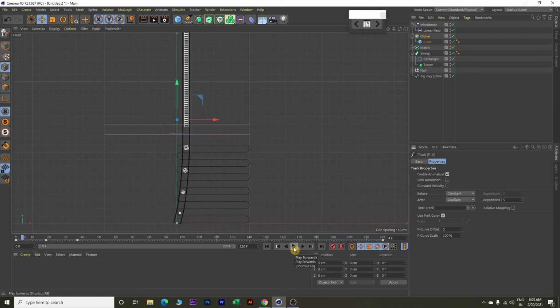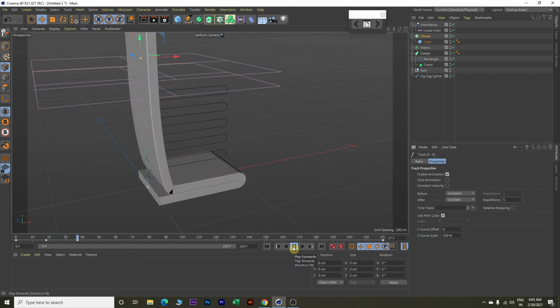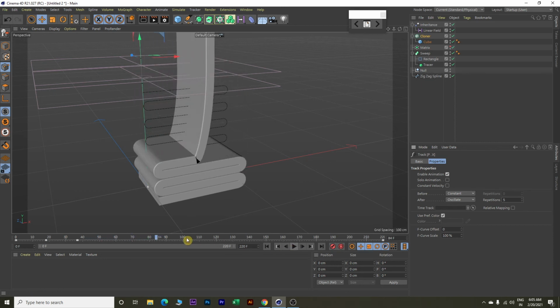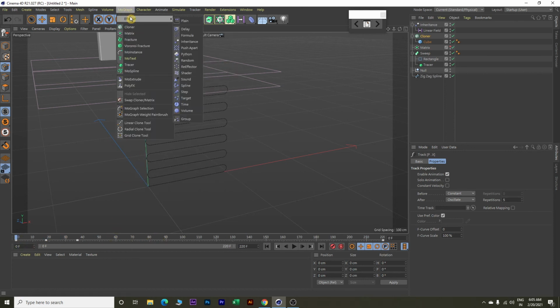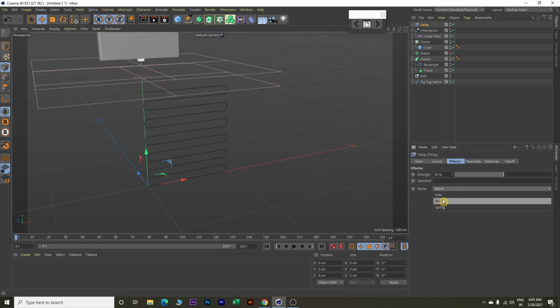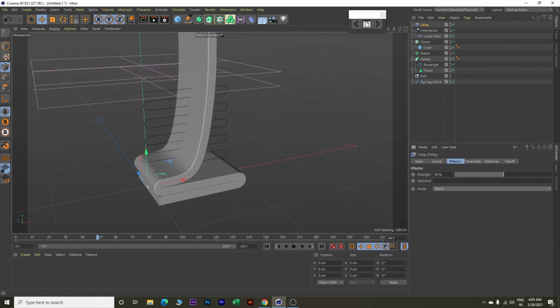Now go back to perspective view. So press F1 on your keyboard and let's see how this animation looks in perspective view. So play it. Okay, this looks good. Lastly, the one more setting which is left is we will stop this animation, go back to frame 0, click on MoGraph, go to effector and click on delay. And on effector, we will ensure that mode is set as blend. Now let's play our animation. Perfect, this looks good.